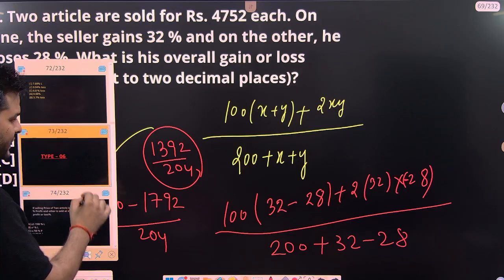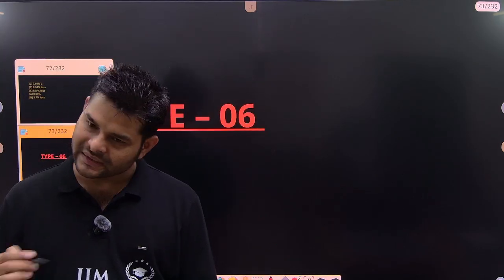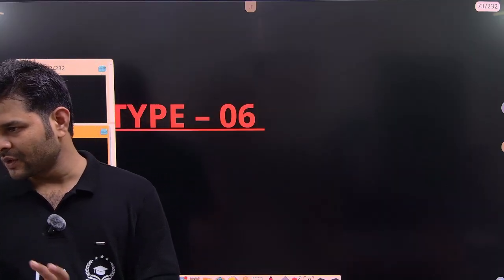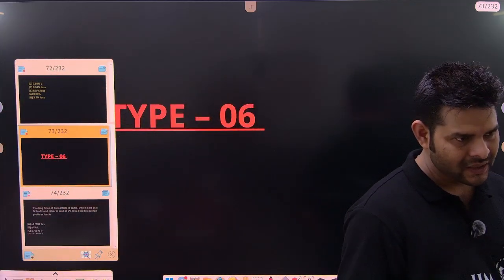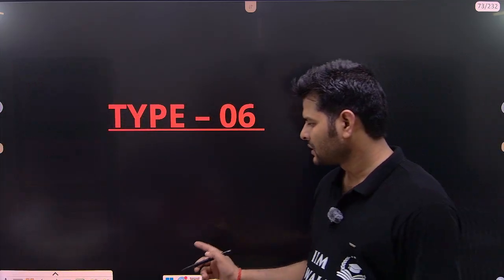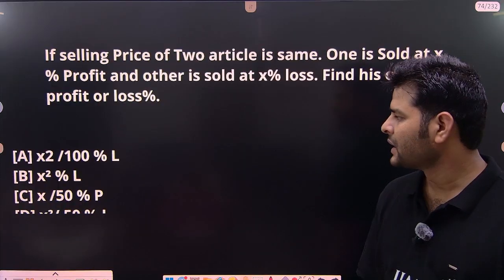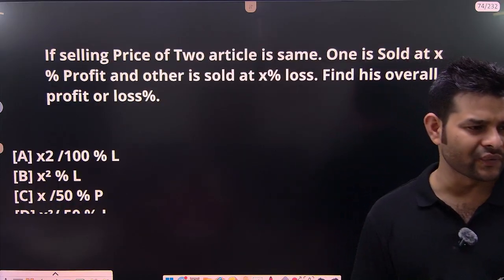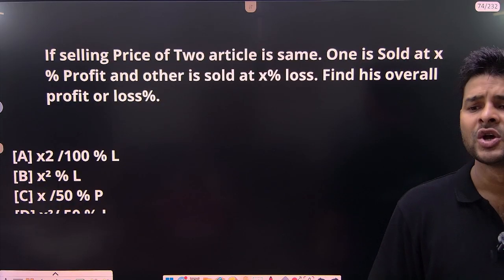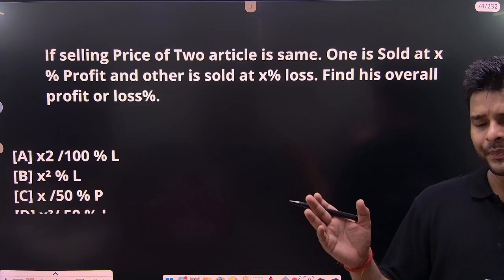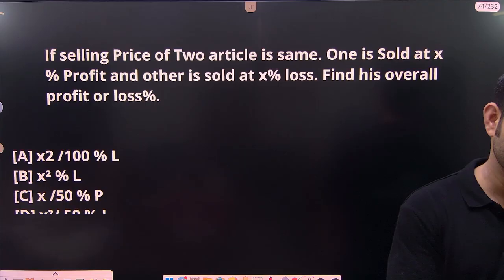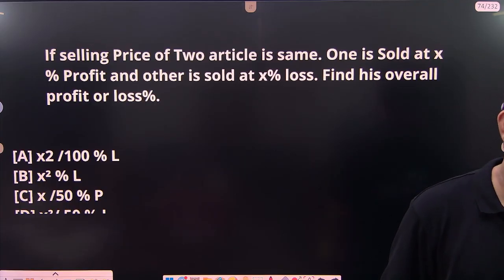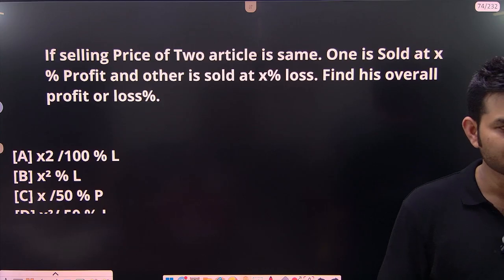So type number 6 is basically just a variation of type number 5. There is no other type of concept you are going to learn. The same type that you have learned in type number 5. So basically, guys, this is type 6. Pay attention. I just want to know only one thing: what is the difference between type 5 and type 6? Go to type 5 and compare the questions of type 5 and type 6. You will get the difference. I am going to ask you the difference after 30 seconds. Just go and observe. So they have variables.